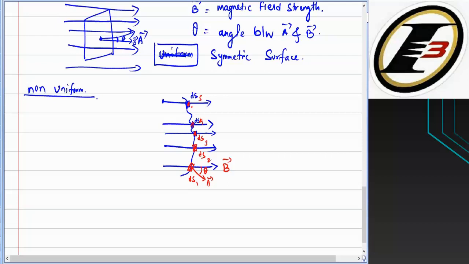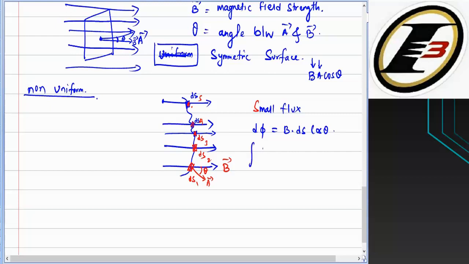So how to calculate the magnetic flux? Small flux, so you can write down here the small flux, that is d phi. According to our definition, it should be BA cos theta. What is B? B is the field strength. What is A? A is the area vector. Here instead of A we have taken the small surface ds. That is B ds cos theta. This is your d phi.